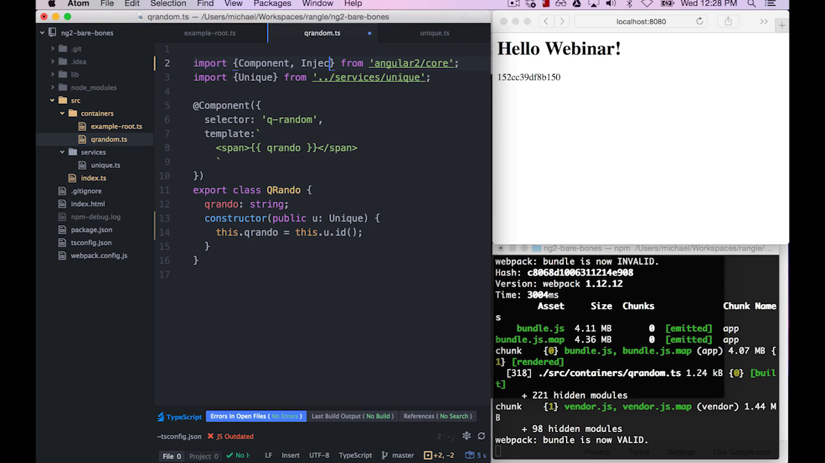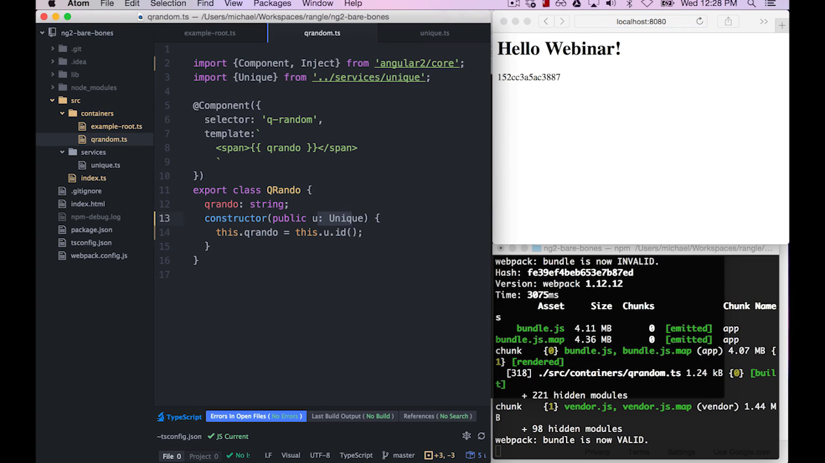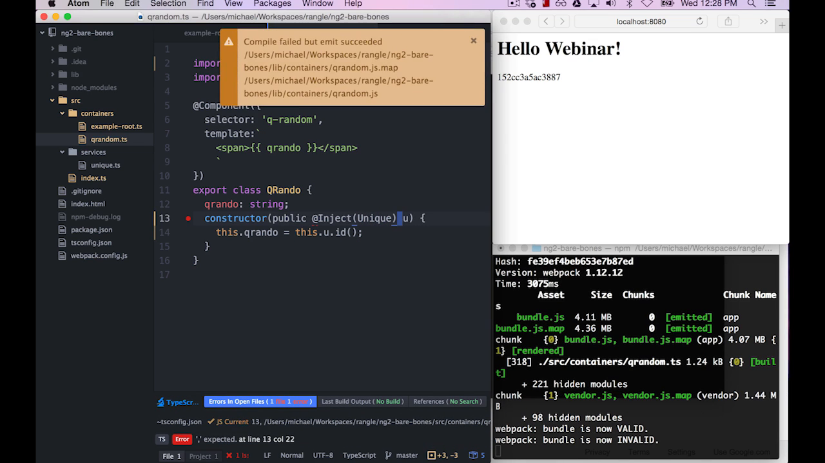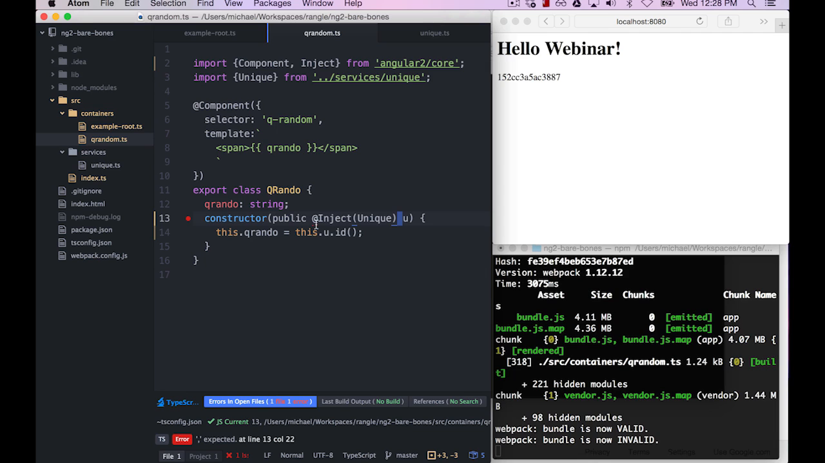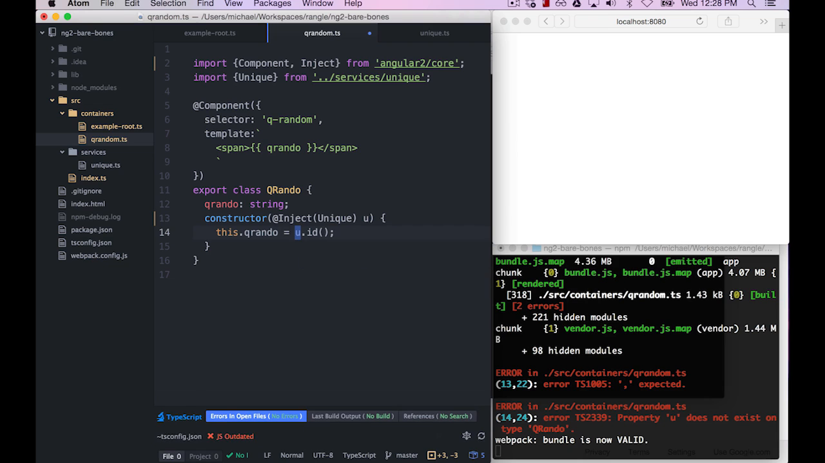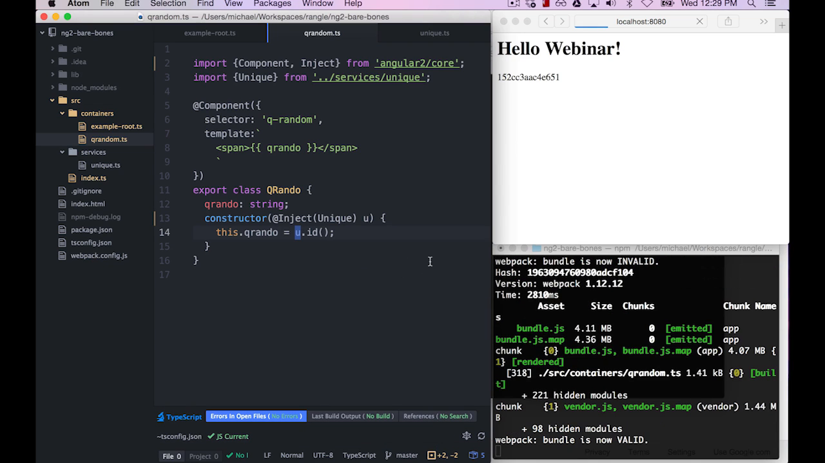But if we wanted to do this the long way, we bring in our special inject function, which is a decorator, and we can get rid of our type definition, and we can then say inject unique. We can't quite do that shortcut in that context, but back to working, and we see that in long form we